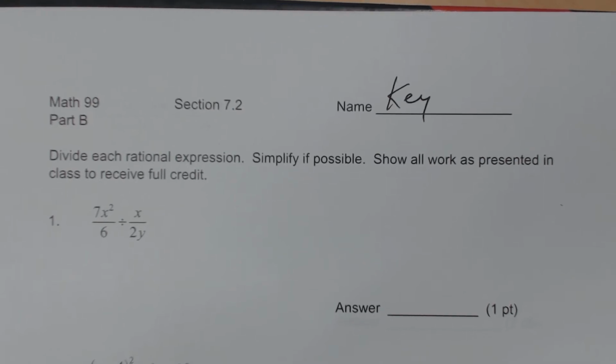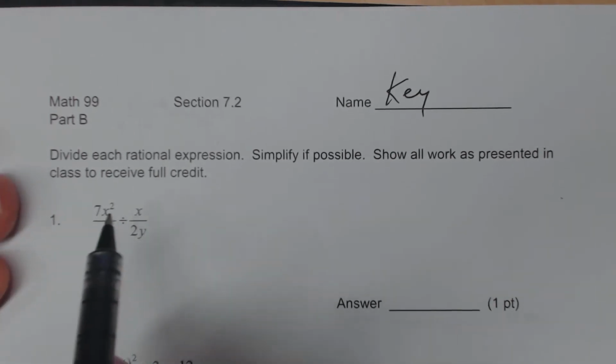Okay, so this is the key to section 7.2 part B. In this particular worksheet, we are dividing rational expressions. Now, the first thing you should do is change the division to a multiplication problem. All right, so